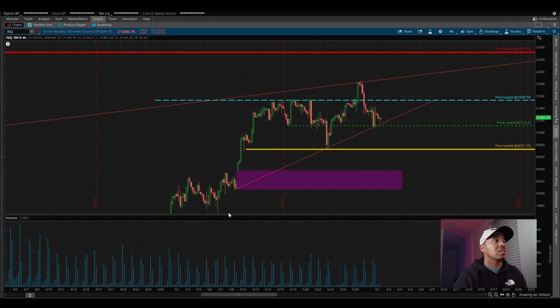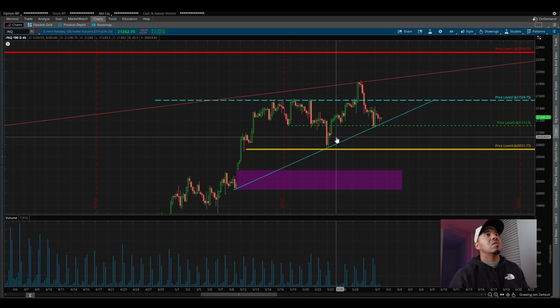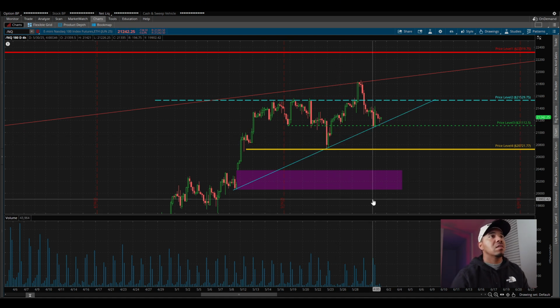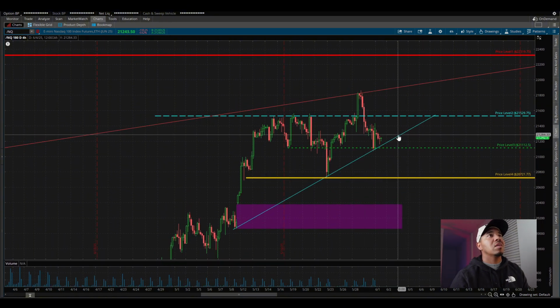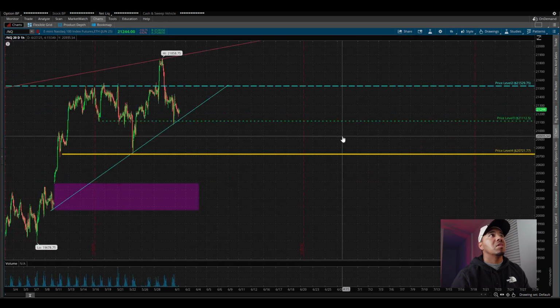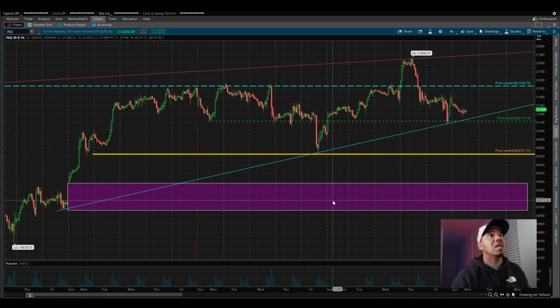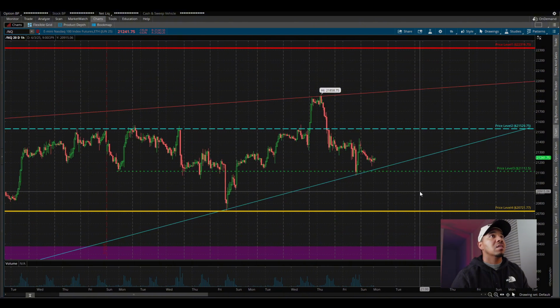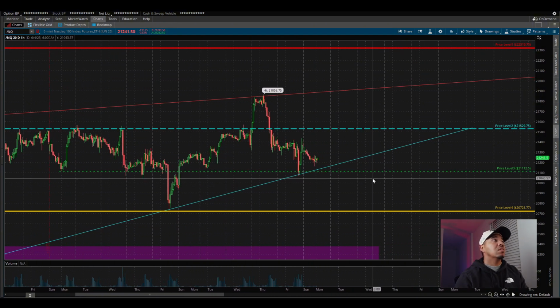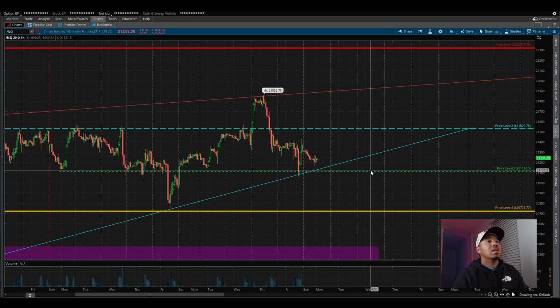Now you don't need a bunch of crazy lines, all right? But for me, this is how I understand it. I really wouldn't draw pretty much anything else. This right here is pretty much all I need. I don't need a bunch of EMAs. I don't need a bunch of indicators giving me stuff. This right here pretty much is all that I need. All right, now this is something that I like.